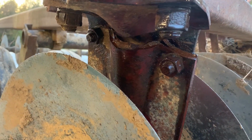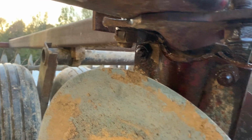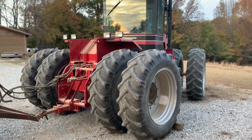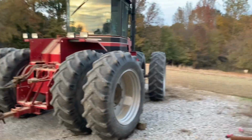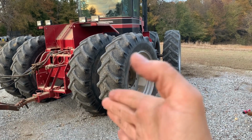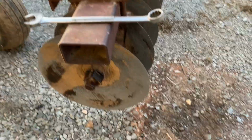I've had to do that to 2 of these already. I think the problem is, well, this is older equipment. That's not the best quality steel. It doesn't weld very good either. This steel welds great. But I think the problem is, such a good tractor and plenty of horsepower for this, and the way that it articulates, you know, it pivots in the middle like a fish. When you steer, it puts a lot of twist on these outside gangs. This whole apparatus right here,